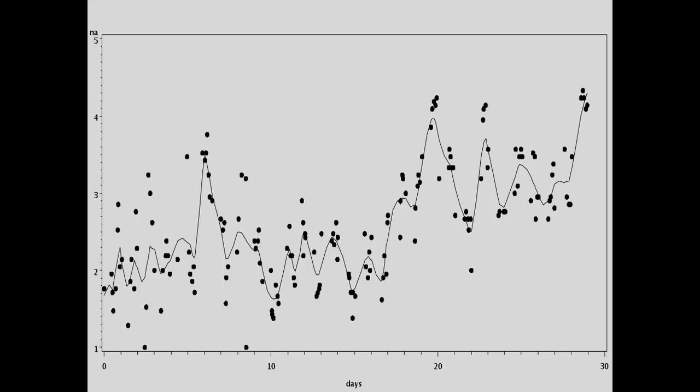This person was rating negative affect over 28 days. Each dot represents an assessment. There were 6 assessments a day, and the lines are just helping us go from the average each day to the next day. As you can see, hopefully, this is an unstable process.